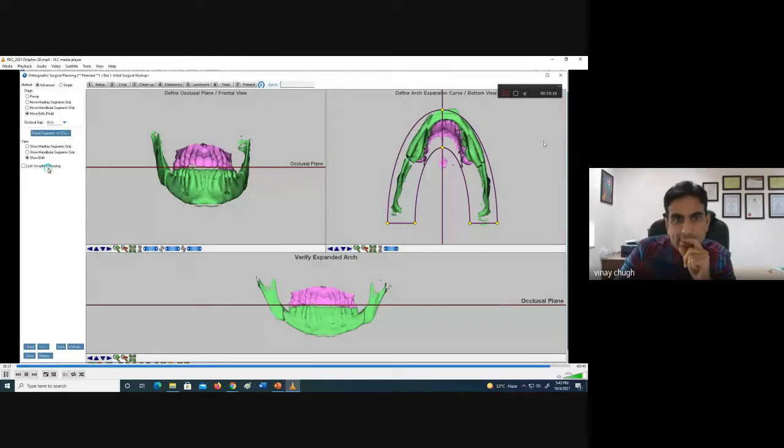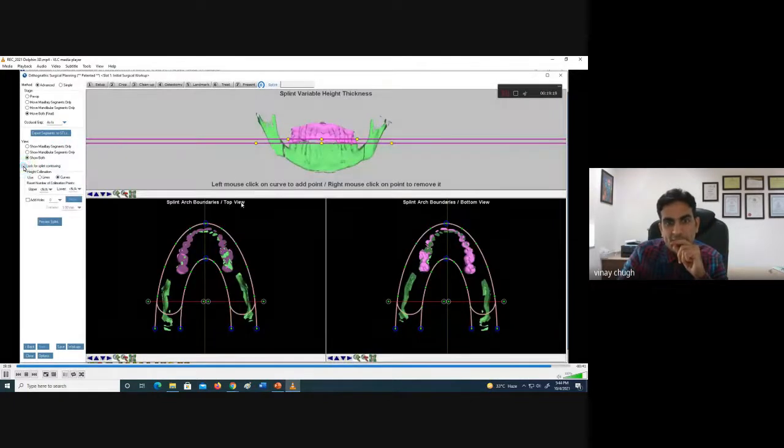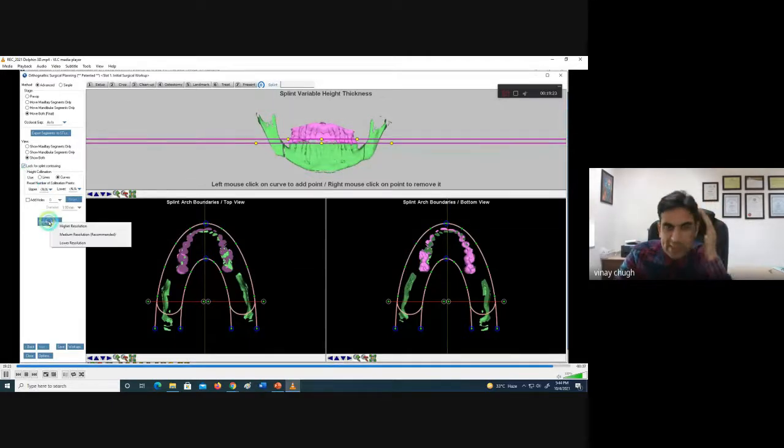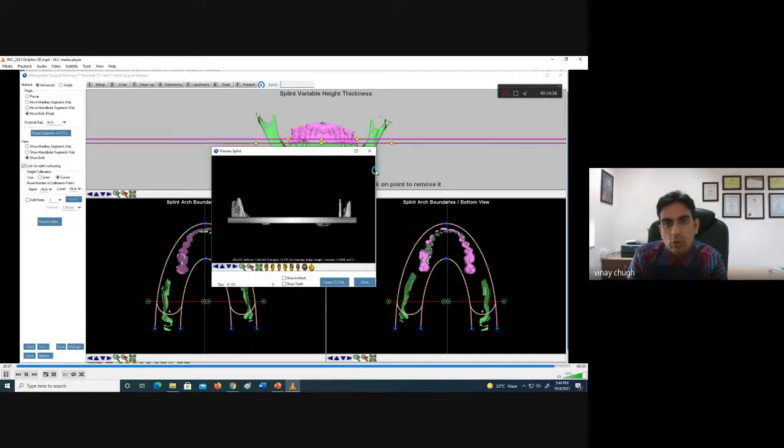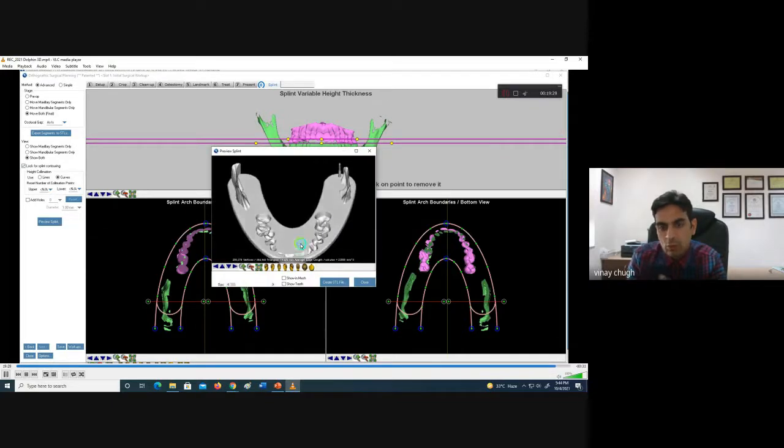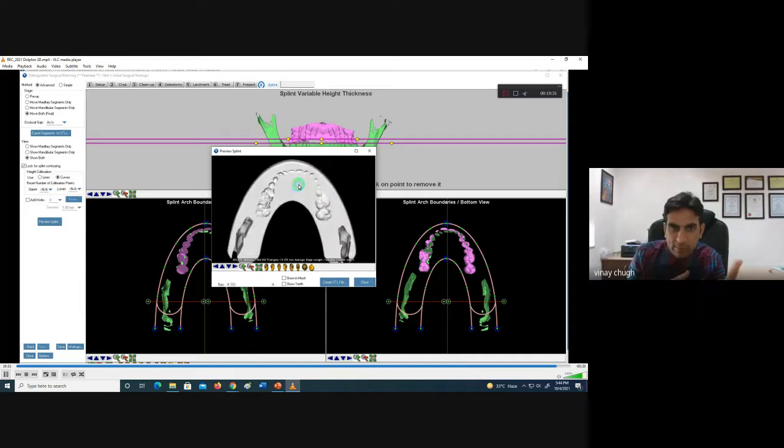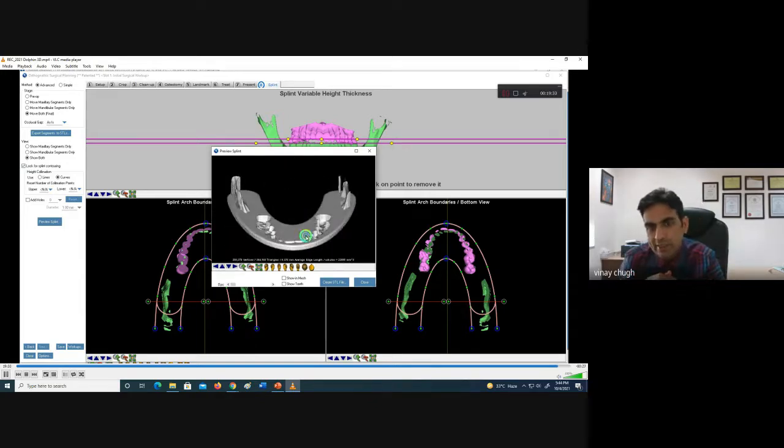And the last step, once we have done this, is the splint fabrication. One important aspect of splint fabrication is that you will have all the structures and the software will guide you on what thickness of the splint you want to make, and it will make it based on the existing occlusal contacts.